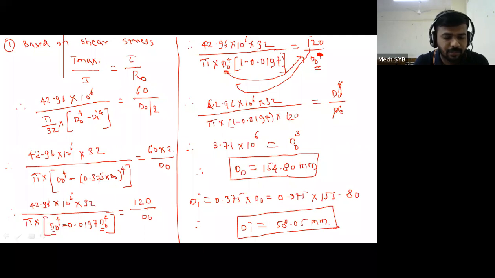So this is based on shear stress. The same process we have to follow for the remaining calculations. Only the formula is different. So 58.05, or I will consider 58 mm, is the internal diameter and 154 is the external diameter based on the shear stress concept. Now next,